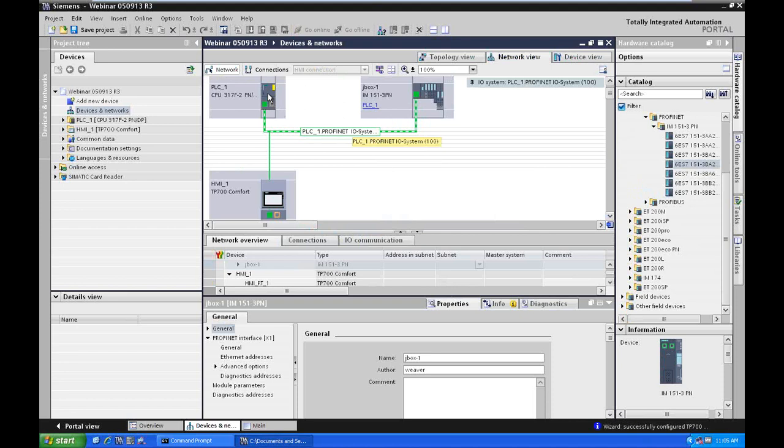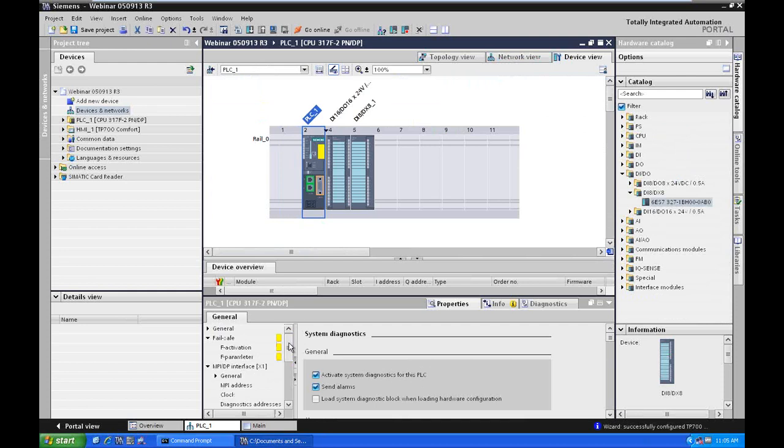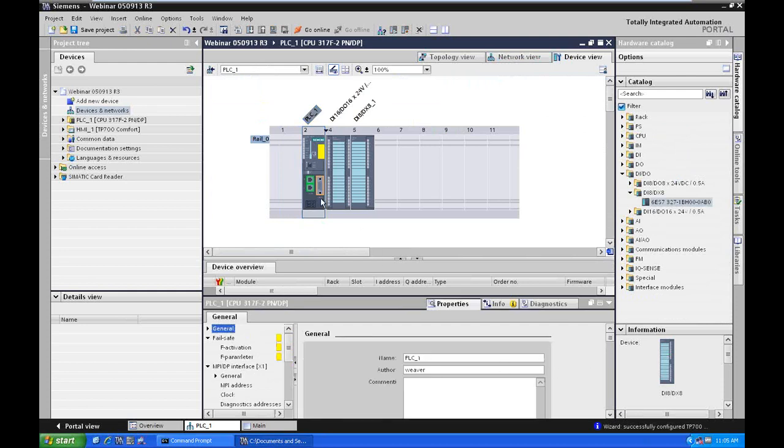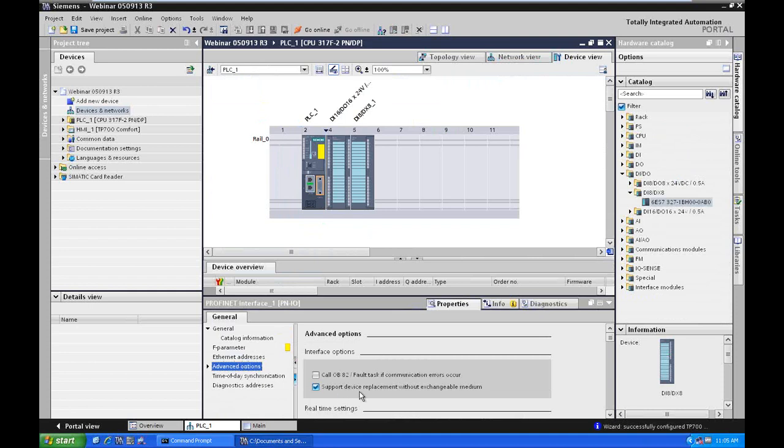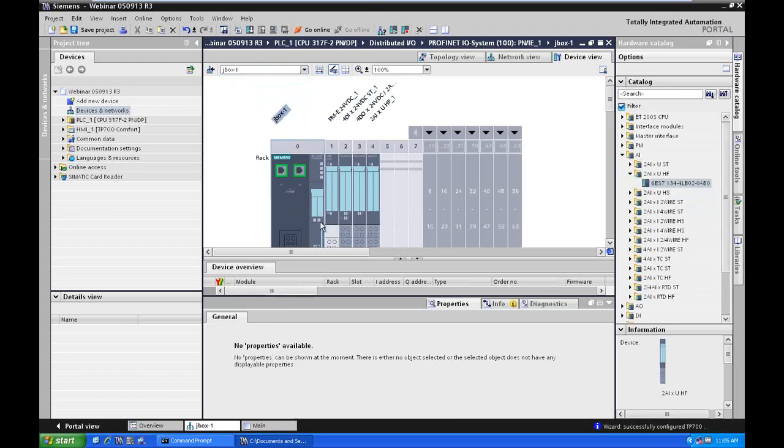Additionally, with Profinet, you can have a setting within the PLC, and it is called, actually I need to go right on the Profinet port, Support Device Replacement Without Exchangeable Medium. What that means is if my Junction Box 2 ET200S node were to fail at some point, even without a memory card installed in the device, I can replace that device with a like device, and because I have that feature supported,